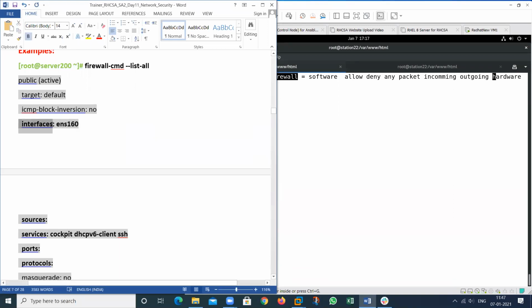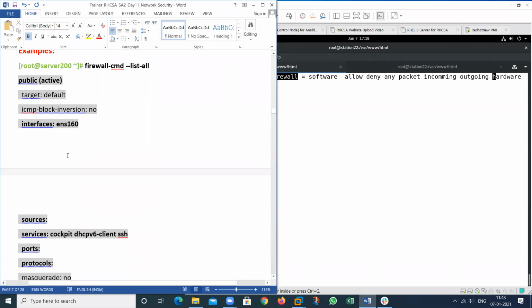So any traffic, outgoing or incoming, going through my NIC, that is called interface, that is called network card, will be allowed through the firewall. And there is a zone that is by default active, that is public zone. So in my location, what will be allowed and what will not be allowed.